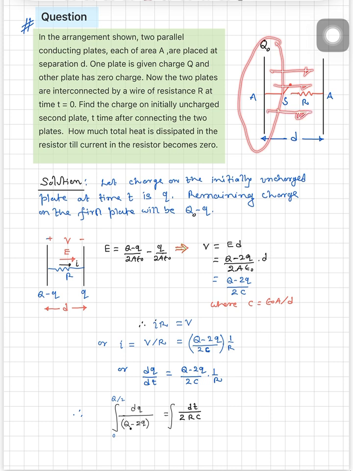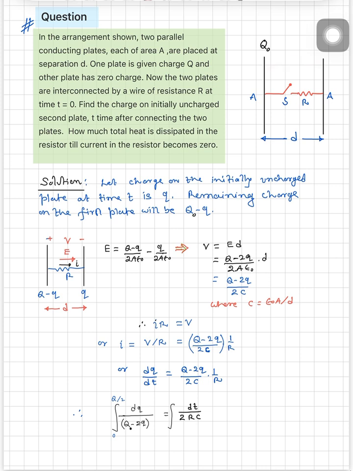and due to this field there will be a potential difference between this plate and this plate, and once we are connecting these two plates of different potentials, obviously there will be a flow of current. So we need to find the potential difference here as a function of time, and that potential difference will be due